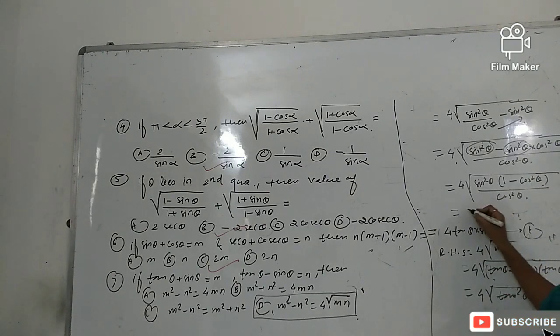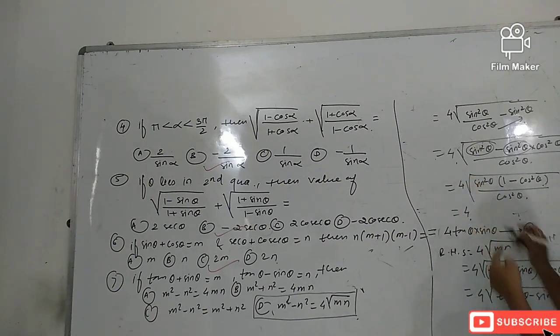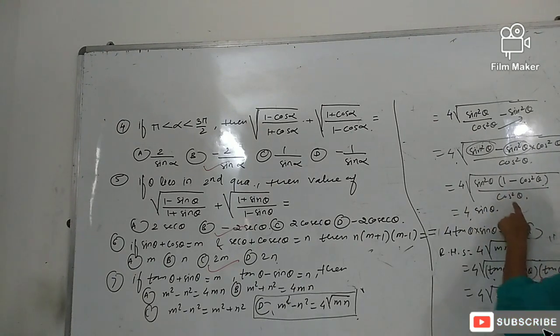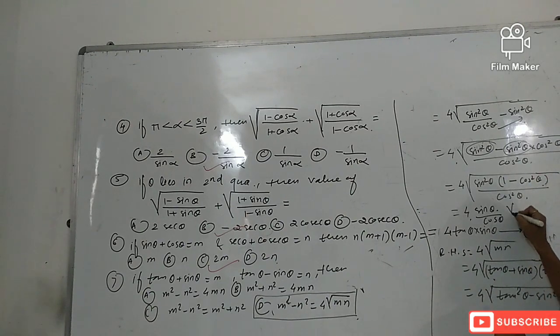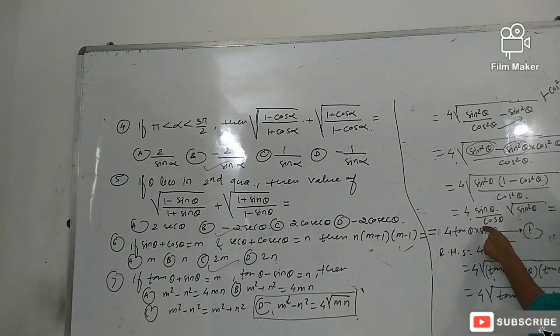Now in the next step we can take the sin square out of the root. The square root of sin square is sin theta only, and cos square theta we can also write out of the root, so its square root is cos theta only. And what is inside the root? Inside the root there is 1 minus cos square theta, and 1 minus cos square theta is sin square theta. So finally sin upon cos is tan theta, and the square and root get cancelled, so it is sin theta.